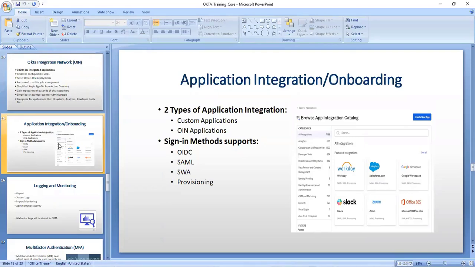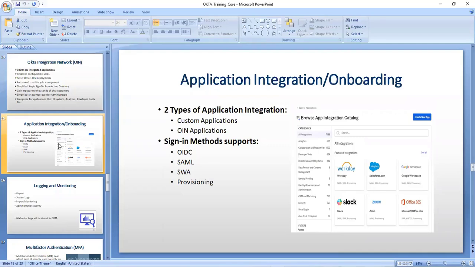Second question is, what are all the protocols that your application supports? What is a protocol? In the sense, there will be a unique security feature supported by each and every application. For example, one application supports SAML.